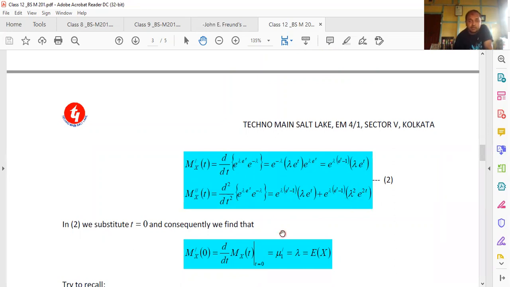In the theorem, it is mentioned that we are supposed to substitute t equal to 0 in the expressions after taking the derivative. So we have put t equal to 0 over here. The first derivative at t equal to 0 gives you the first moment about origin according to the definition, which I have explicitly written over here, which has come out to be lambda, which is the expectation of capital X. So with the help of the moment generating function, we have found the mean of the Poisson random variable, which is lambda. You already knew the result from our earlier discussion. Now we have directly calculated it.